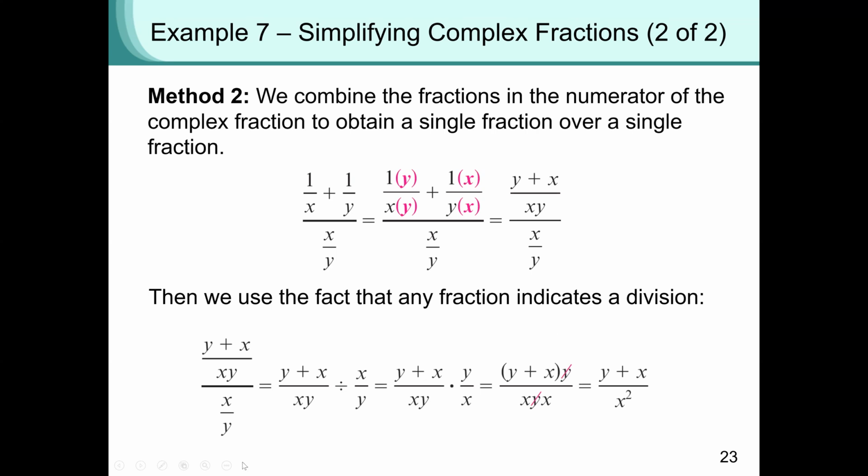So we break it down: y plus x over xy divided by x and y, so that we can do one division at a time. And at the top, you can see that y is common, y plus xy. So we take y out, and we get y plus x. So the final solution, when we cancel the y, we get y plus x over x squared,